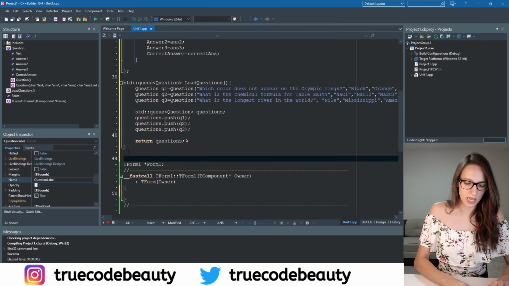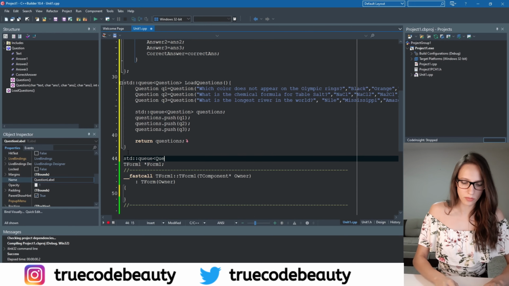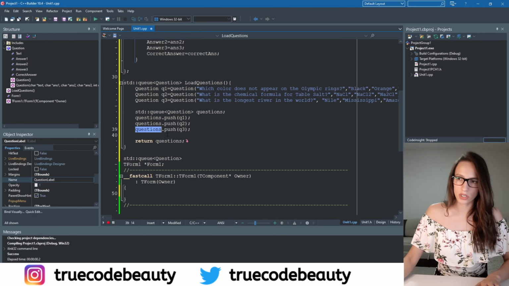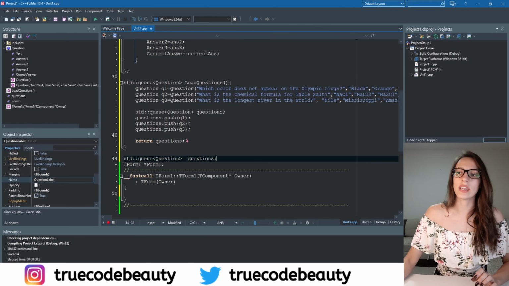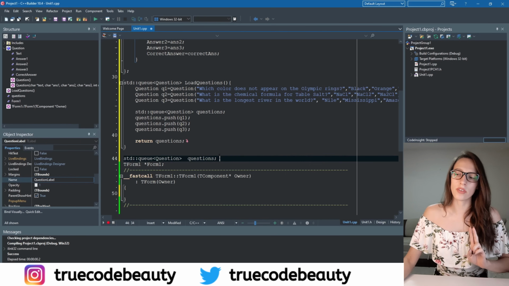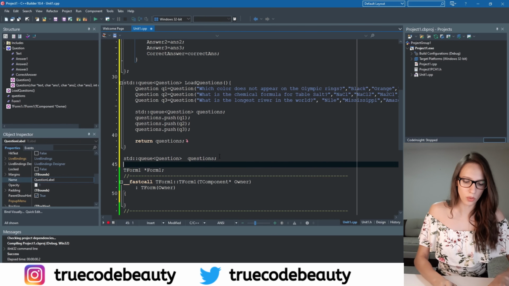So I will create std::queue of question, and I will call that variable questions. Let's copy this name. Okay, so that is the first variable that I want to create, and the second variable will be just one question, and I will call it current question,